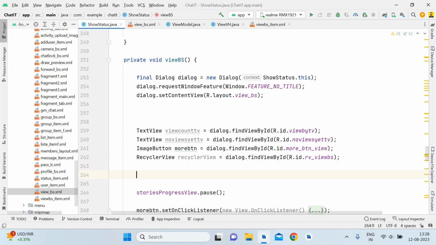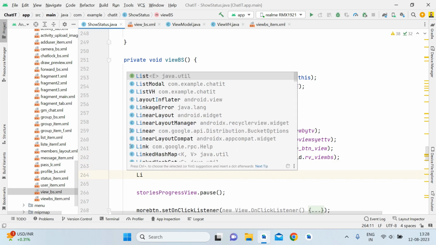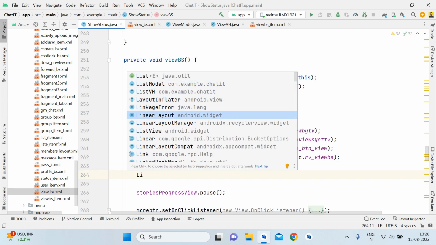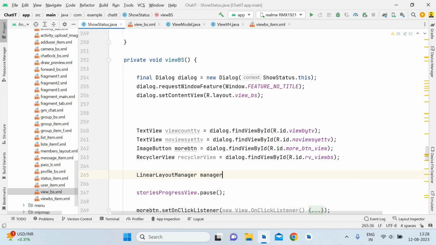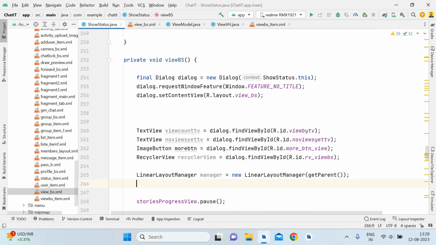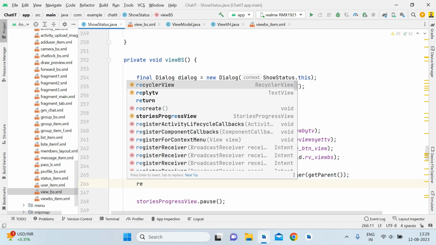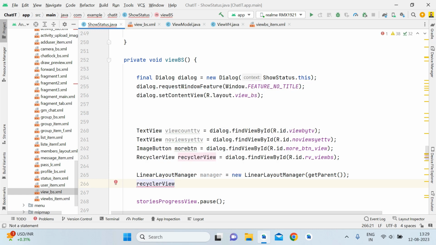No, not yet. So after that you have to write LinearLayoutManager, then manager equals new LinearLayoutManager, and here you have to pass getParent. Okay, semicolon. You can also write ShowStatus.class, no problem, ShowStatus.this, but I will write getParent, it's easy to type. Okay, then recycler view,